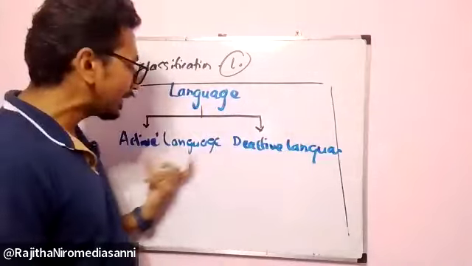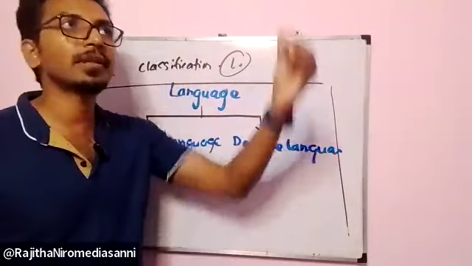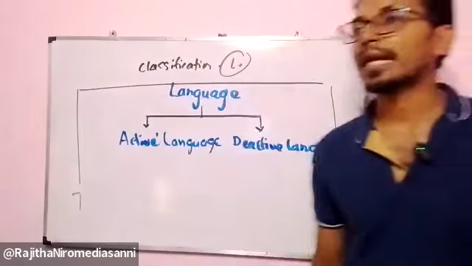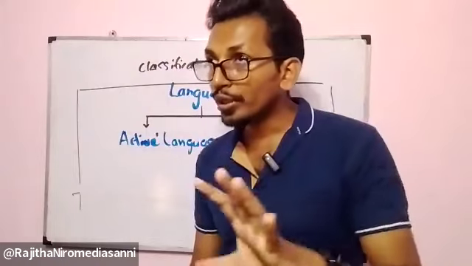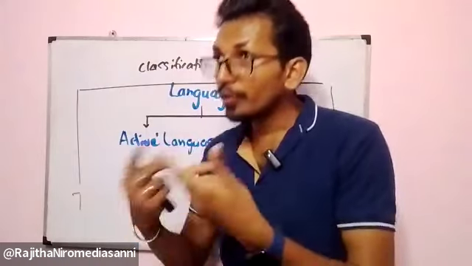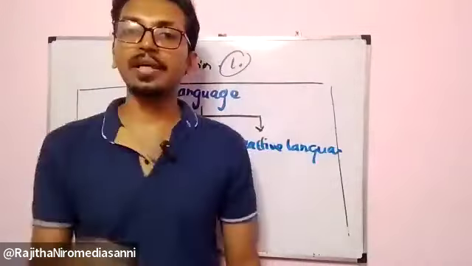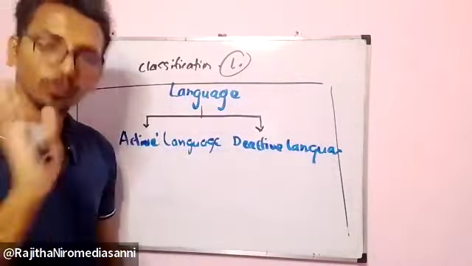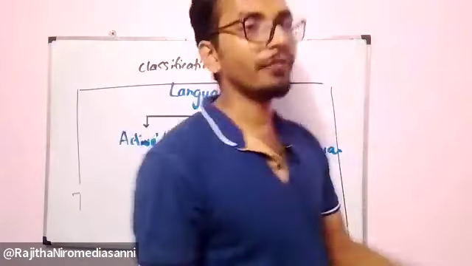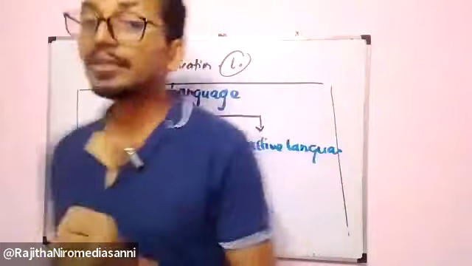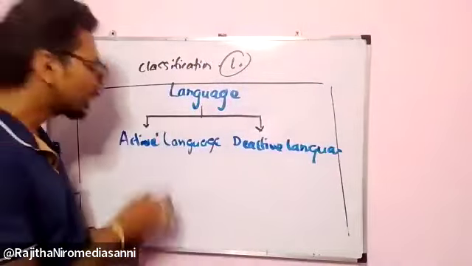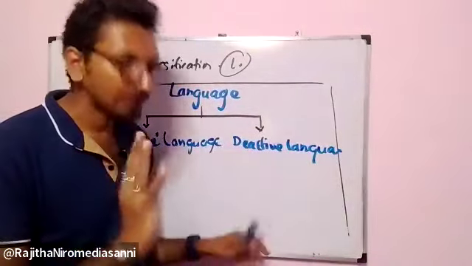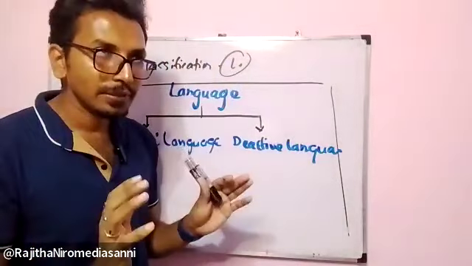Okay, right. Now, each type of language has several characteristics. In the exam, if they ask you to write the characteristics of active languages, you have to understand what the active language characteristics are, and what the deactive or inactive language characteristics are. Firstly, you have to get that idea. What is active, what is deactive? Please get the idea properly.